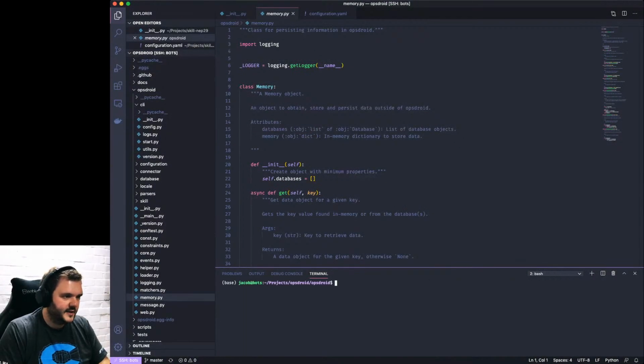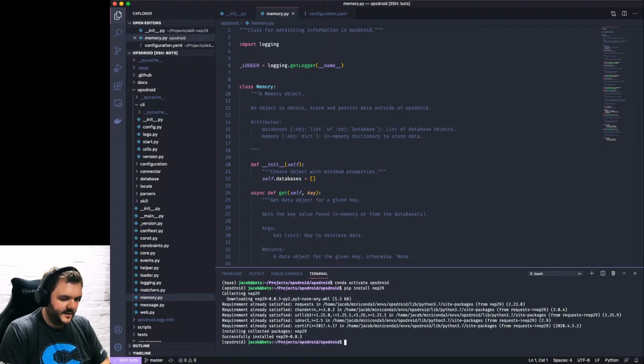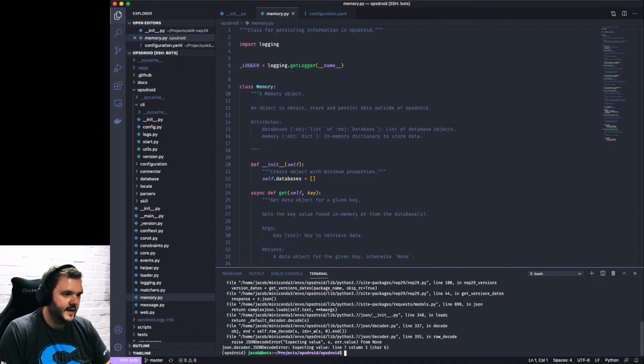Let's have another shell. Let's conda activate Opsdroid. Let's pip install NEP 29, and then if we go NEP 29 3.6, it doesn't work.